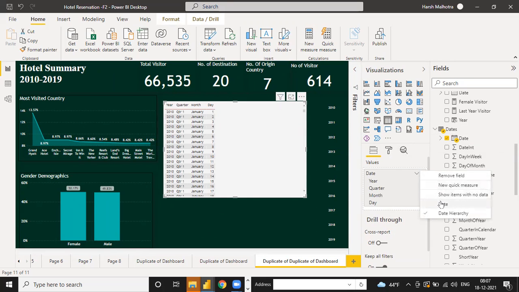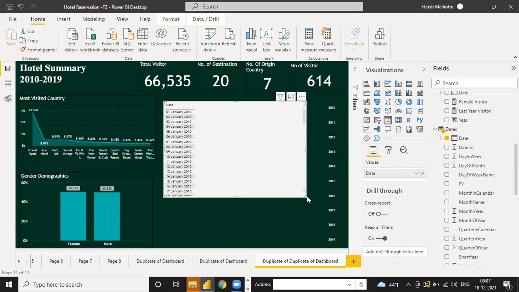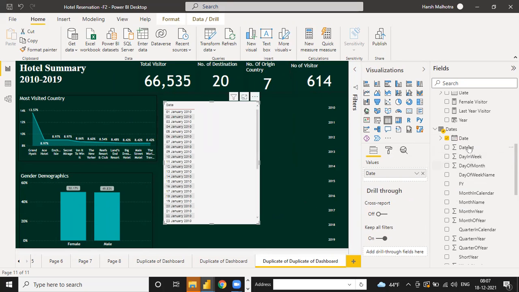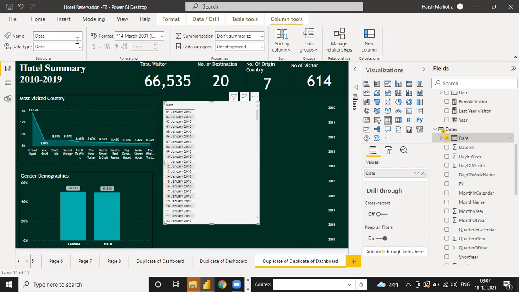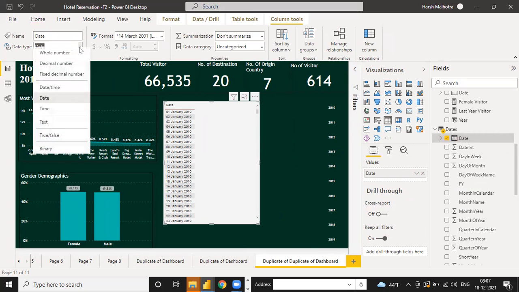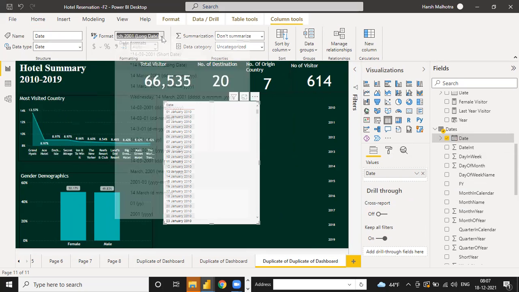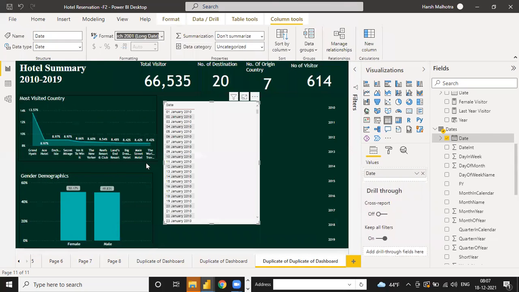Go to this date. Select this date. Change the format. See, here also you can change the format of the date. I need a shorter date.